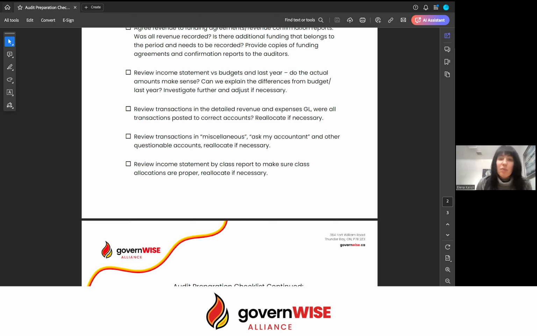Review transactions in miscellaneous, ask my accountant, and other questionable accounts. So in general, it's good to not have any transactions, any balances in those accounts, like miscellaneous, ask my accountant, reconciliation differences. And reconciliation differences, you can have some, right? If it's a couple of $100, it's probably not a big deal. But if all of a sudden we're showing $20,000 in reconciliation differences, we definitely want to review what's there, because